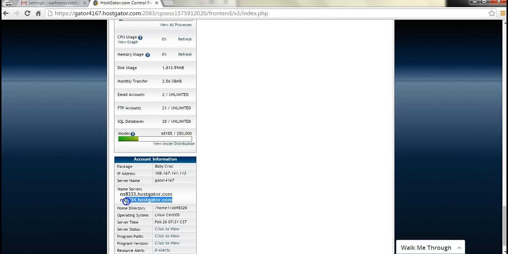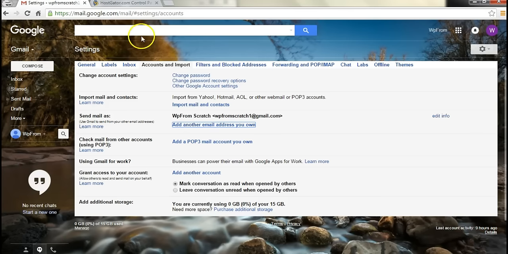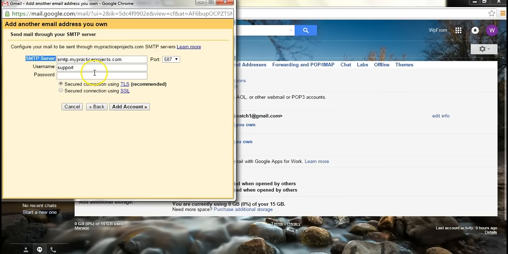It says ns8333.hostgator.com and ns334.hostgator.com. In this case, we're going to want to select the second one of the two. So make sure you highlight and select this second one, and we'll copy it back in to the other tab here